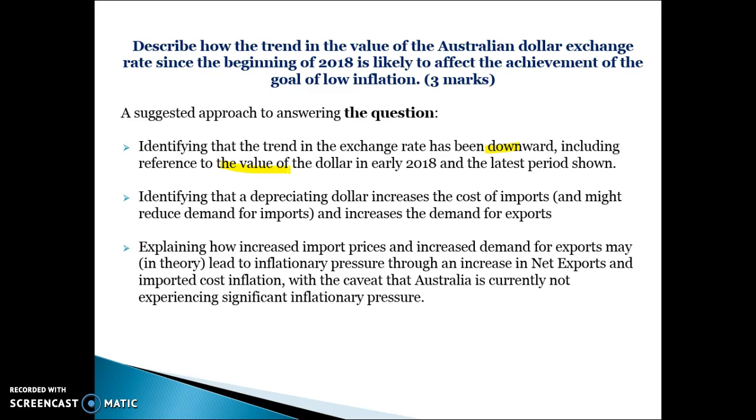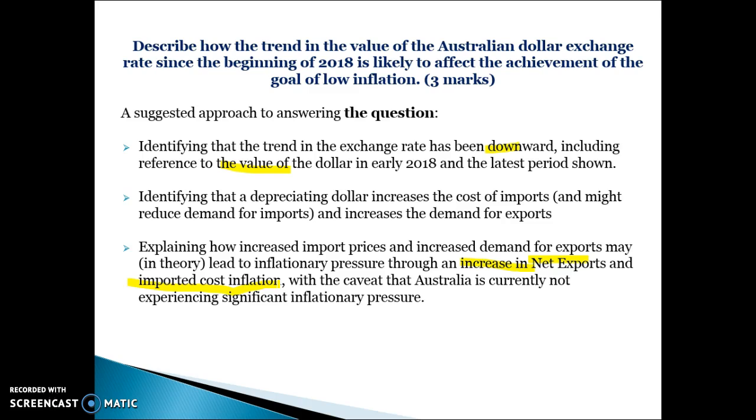And secondly, that it increases the demand for exports. So the flow-on demand for exports and also import competing firms also creates more demand. So the demand curve is essentially shifting to the right for Australian products, and that can create more inflationary pressures from a demand perspective as well. So from a demand perspective, there's more demand. It also leads to imported inflation in the form of higher costs of production,